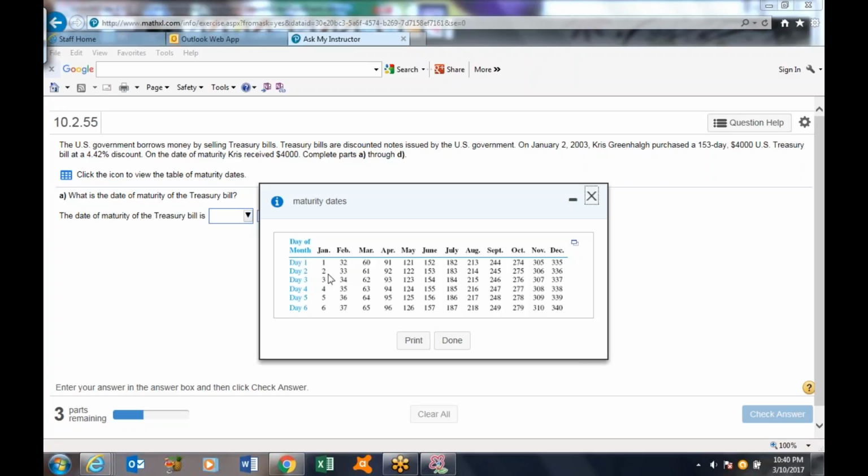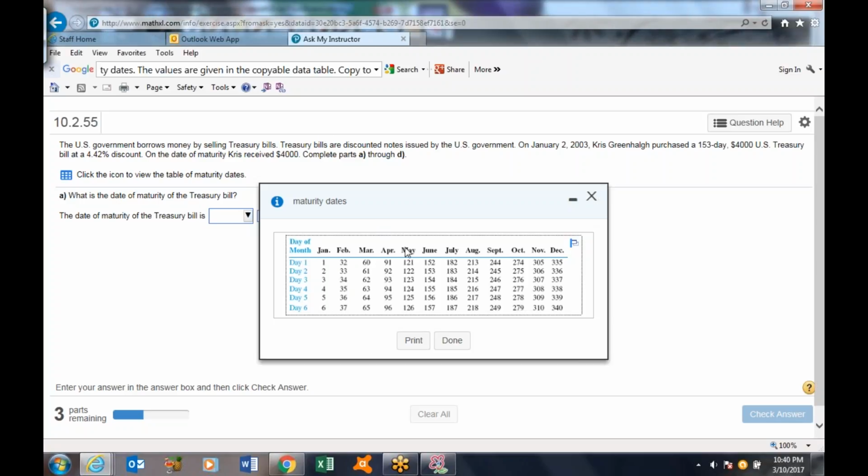So January 2nd is in here, day 2. And we're going to add 153 to that. So that makes 153 added to the 2, so it's 155 days. Now if you go to the table